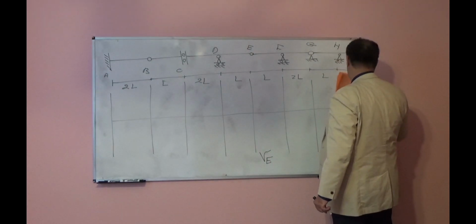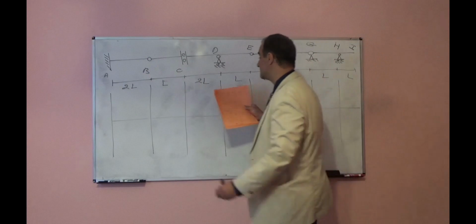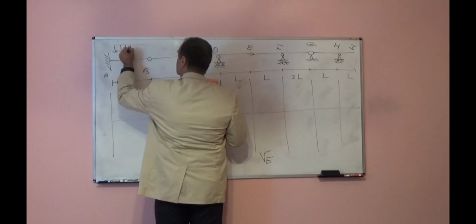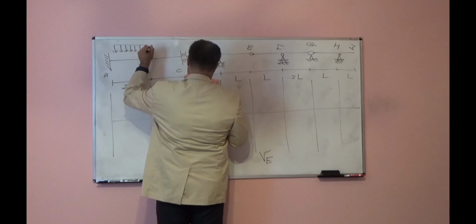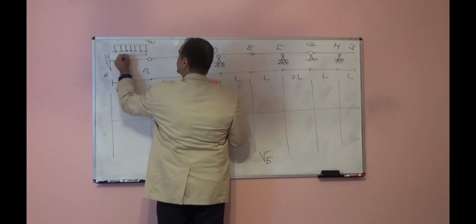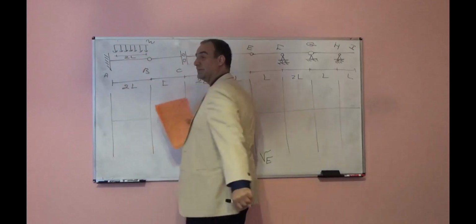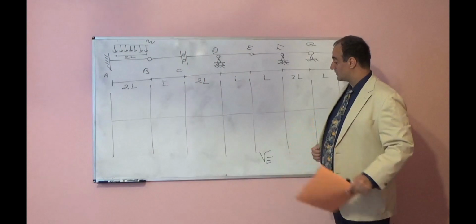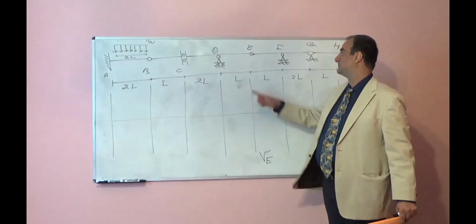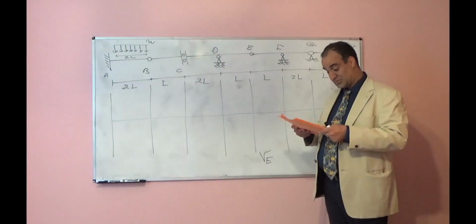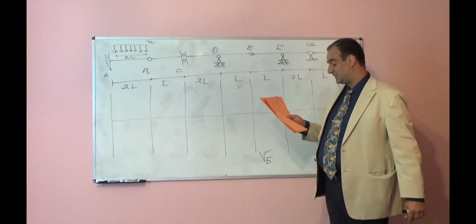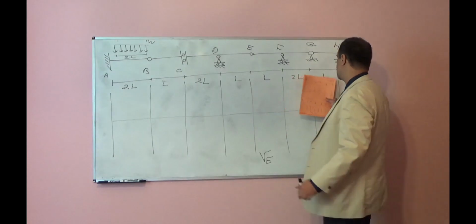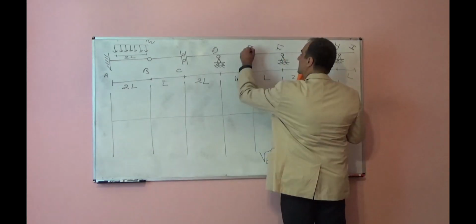This beam is subjected to a moving load. The distributed load intensity is W and the length is 2L. We want to see where we should put this moving load in order to end up with the maximum shear force at point E. So if we draw the influence line for shear at point E,